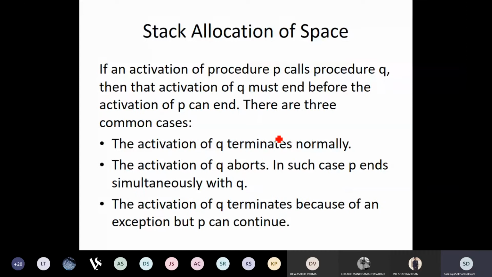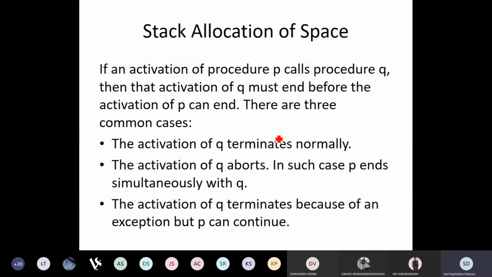Now let us see a simple example of what possibilities can happen when stack allocation is used. One procedure P is going to call another procedure Q. When this happens, there are three possibilities. One: activation of Q terminates normally, then P resumes, and P also terminates normally.